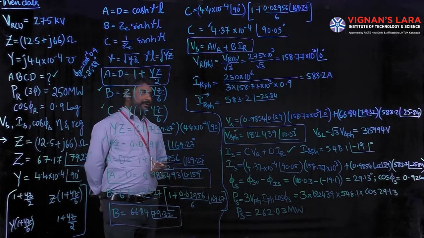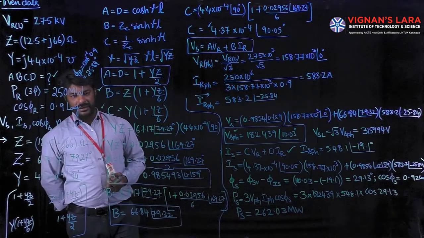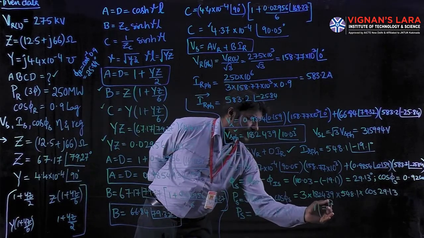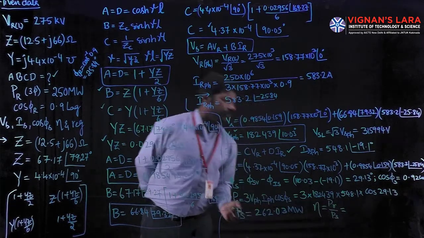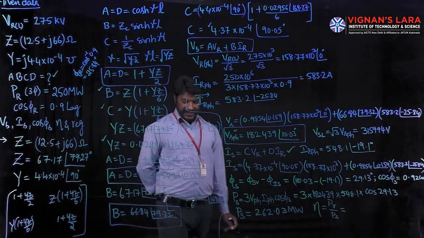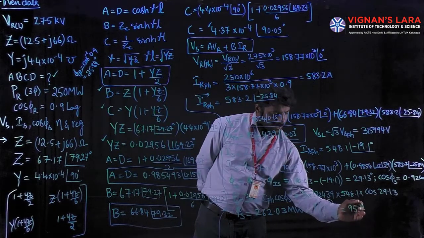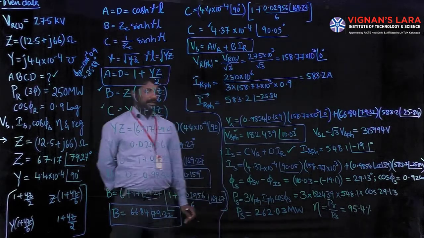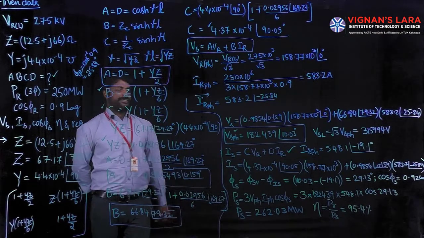So then we can calculate the efficiency from that PS and PR given. Let me calculate the efficiency here, whose value is equal to the receiving end side divided by the sending end side, output by input. Substituting the values, you will get this efficiency as 95.4%. This much percentage you can estimate for the long transmission line with ABCD constants known.